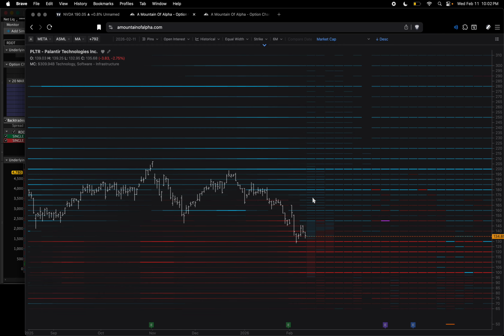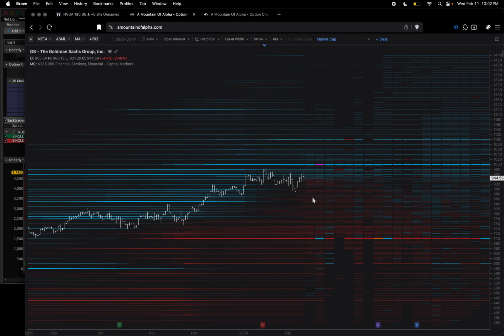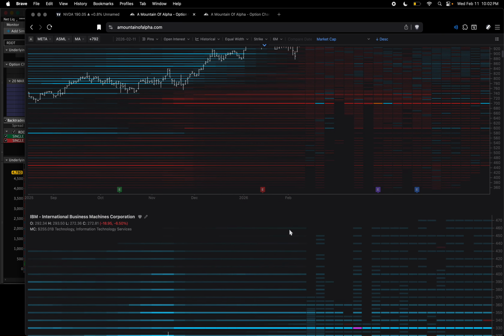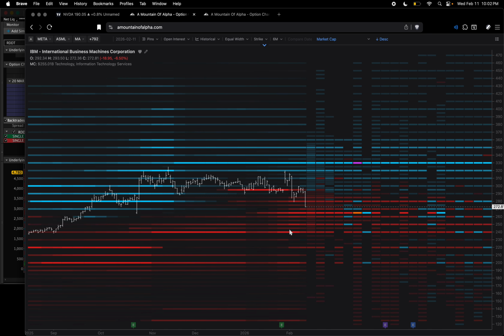Man, Planeteer has been getting smacked. That looks like a short still. Okay, see, Goldman Sachs has this open interest here at 1,000, right? So maybe that's a short-term target. Here comes IBM. Now,